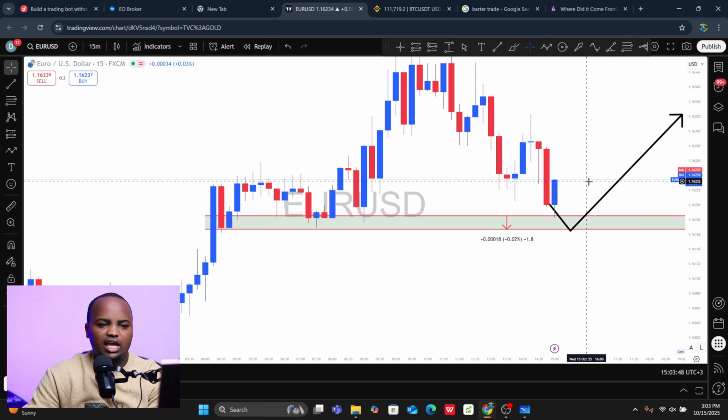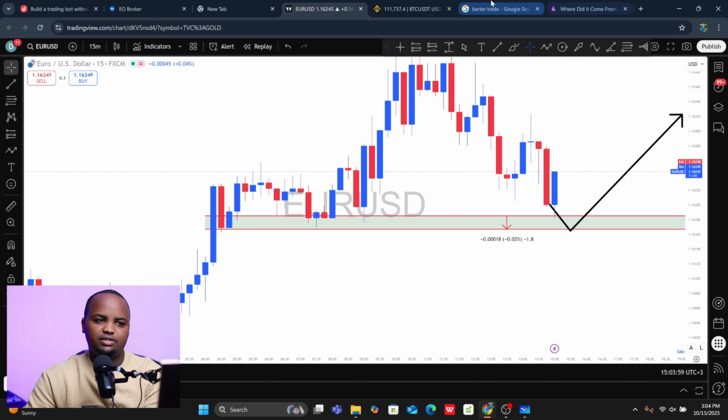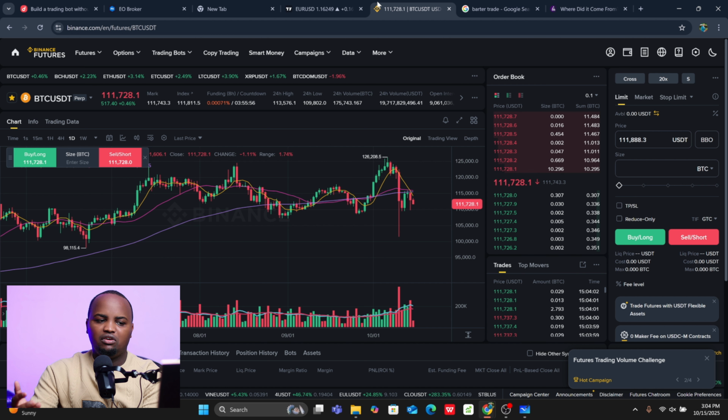The way you can see it moving up, now that is basically the profit that is going on. I know so many people have bought here already and the market is still moving up. Now that is what we call Forex. Now there's another type of trading that we call crypto.